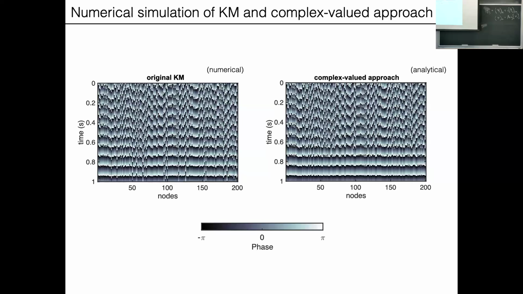So we can write down an equation here, d psi j real dt is equal to epsilon